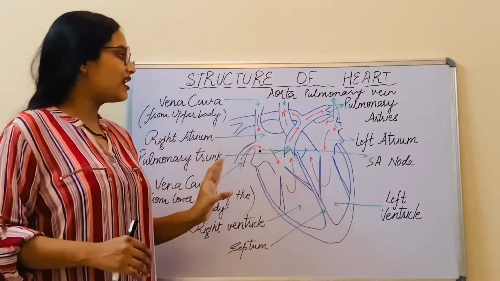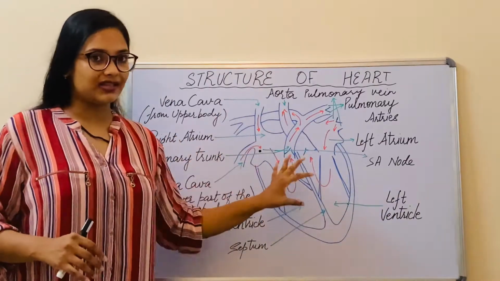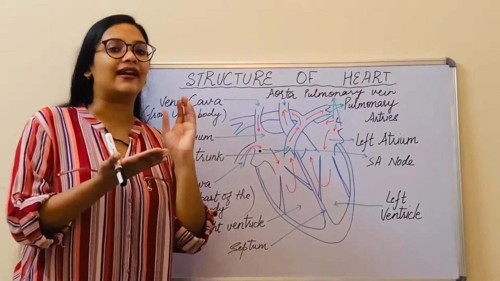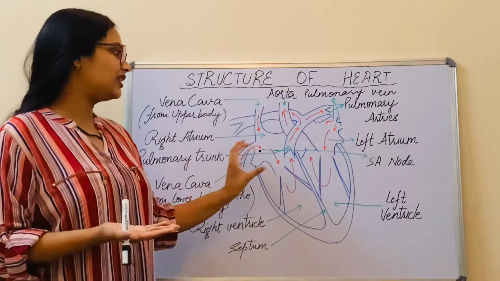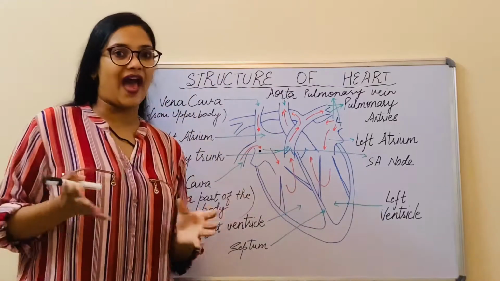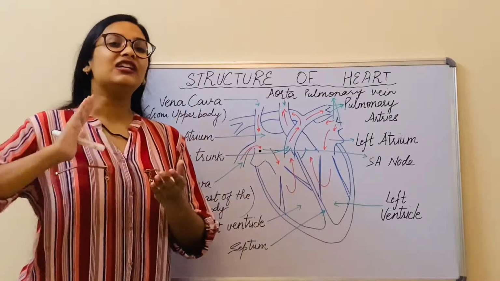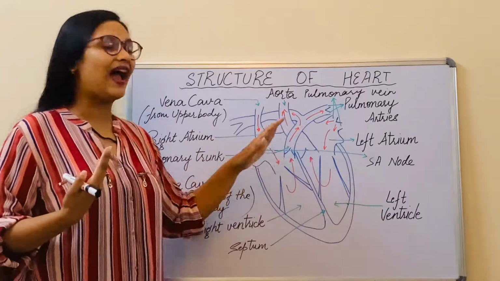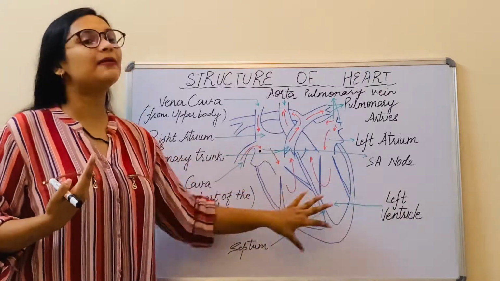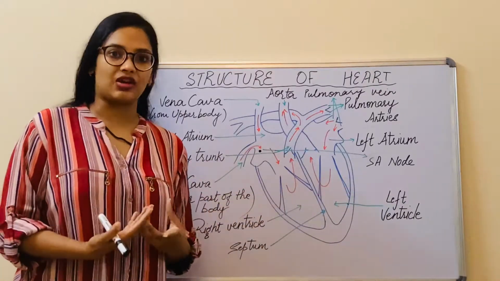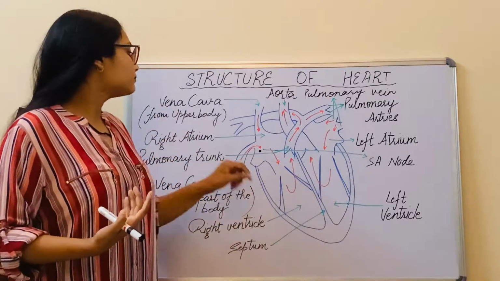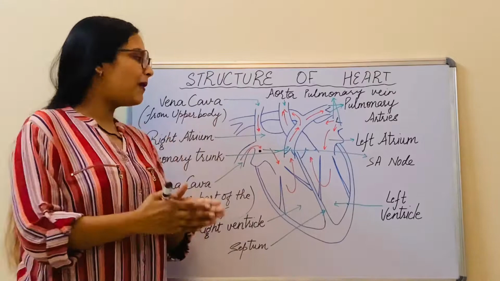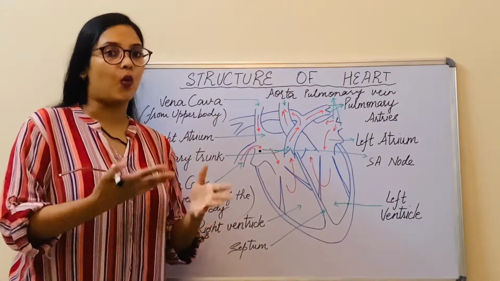Let me tell you that this is a pictorial representation of the heart, and if you actually go there and study how the heart actually is, you won't see the atria and the ventricles all at the same time. You would have to see from different directions in order to see all the atria and the ventricles. So this is a simplification so that we can study the structure of the heart. Now, all these chambers are divided and separated by some septa and valves.